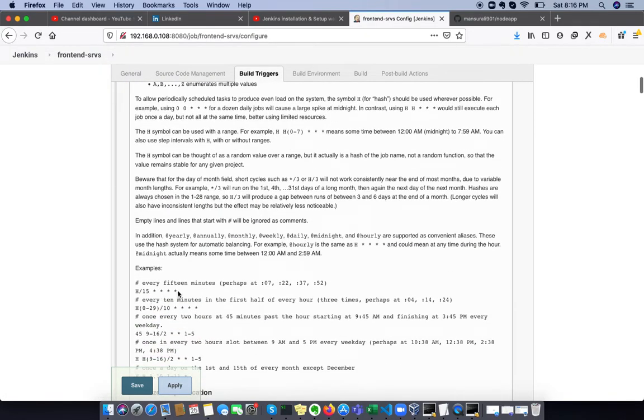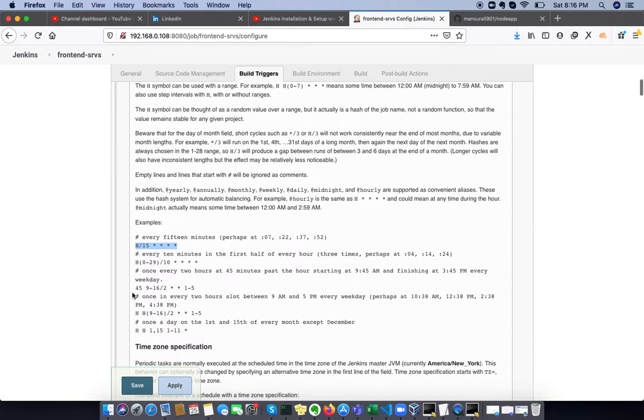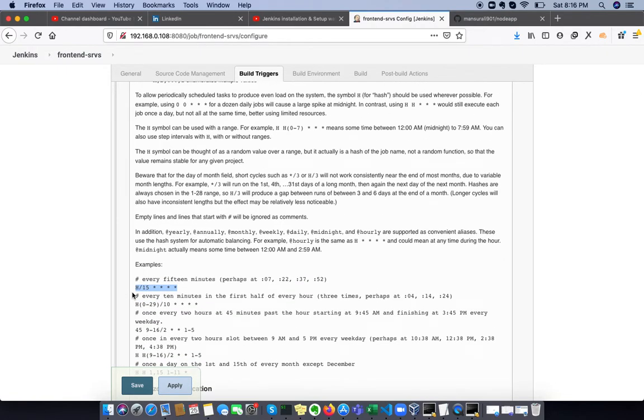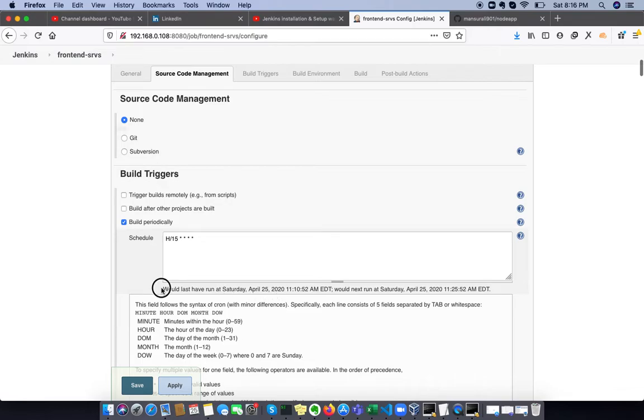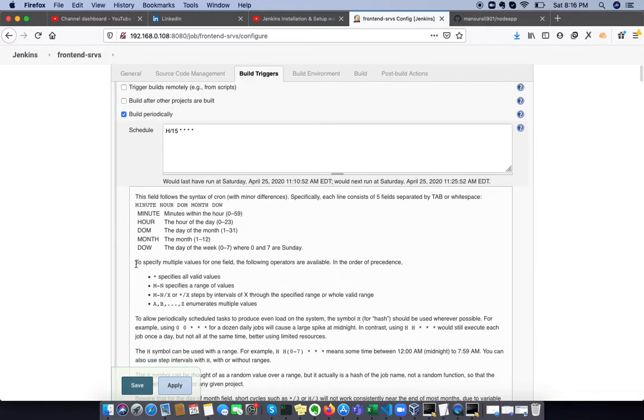periodically. We can pick any sample from here, or we can create our own here as well. So we can say that every 15 minutes you need to execute this particular job. So this means our current job would have last run at 11:10 and then 11:25. That means it will execute every 15 minutes. So this is the build trigger option we specified,